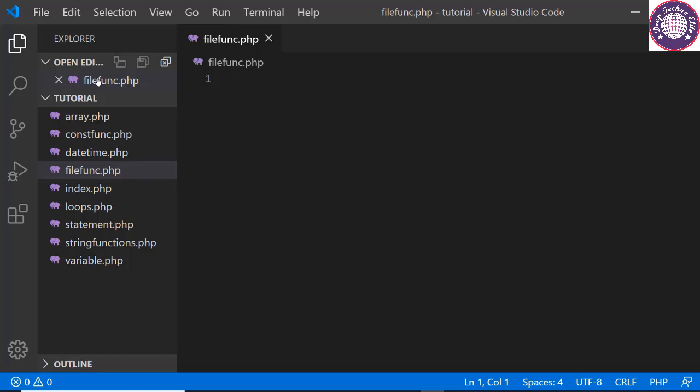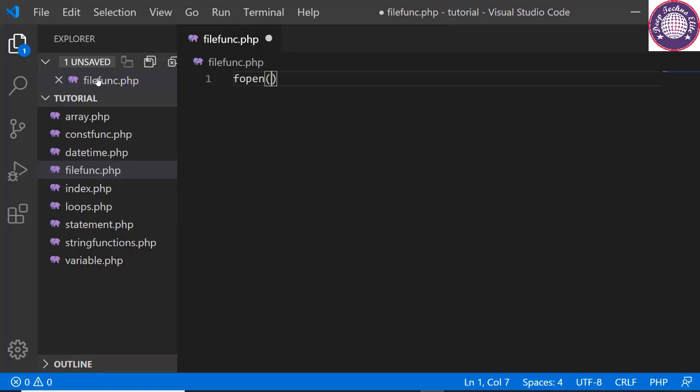Let me show you how to create a file on the server. In PHP, a file is created using the same function used to open file. In PHP, the fopen function is used to open file. However, it can also create a file if it does not find the file specified in the function call. So, if you use fopen function on a file that does not exist, it will create it. So, let's see the basic syntax for fopen function.